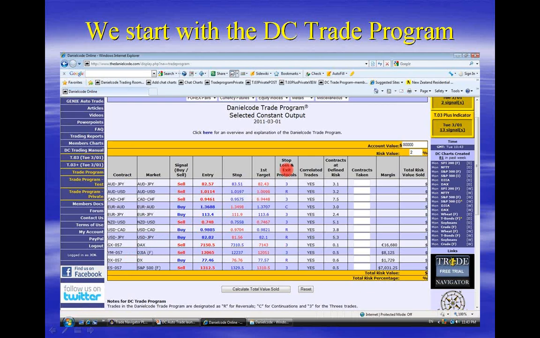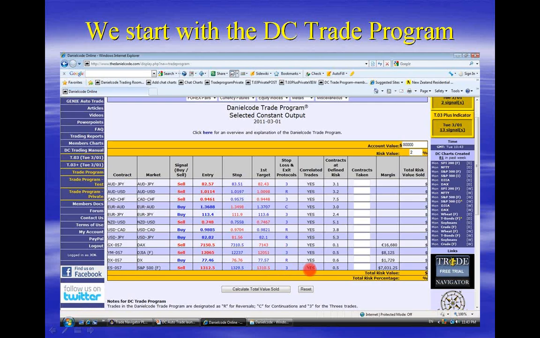So before we get there, you can see the signals are very specific. They tell you whether it's a buy or a sell. Let's just have a look at the S&P, because that's probably what most of you are familiar with. It tells you it's a sell. It tells you exactly where to sell it, 13.1250. It tells you exactly where to put your stop loss. It tells you where the first target is,